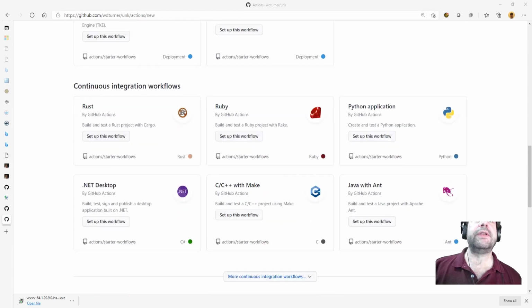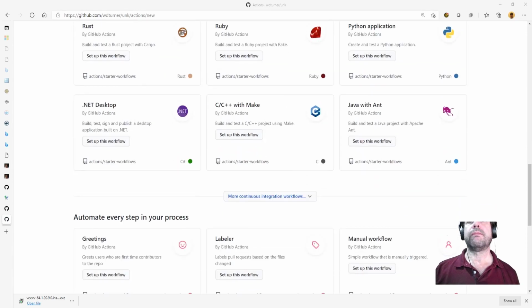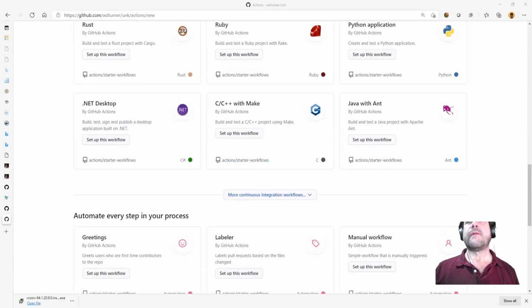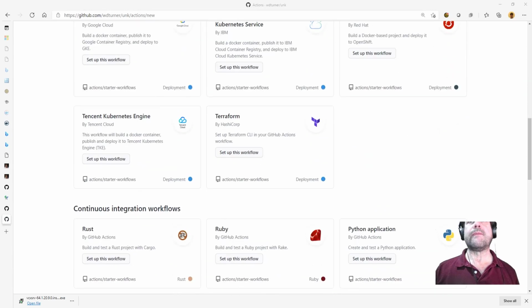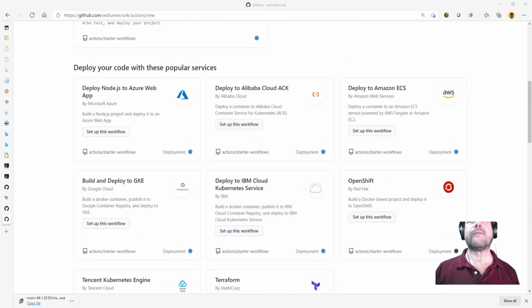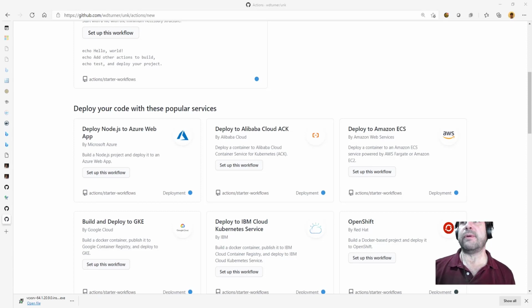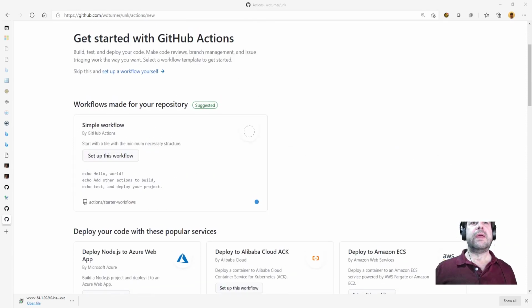Yeah, I don't want to waste any more time with this. I will do the linter for you, but we can set up a simple